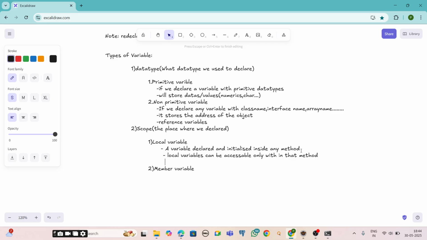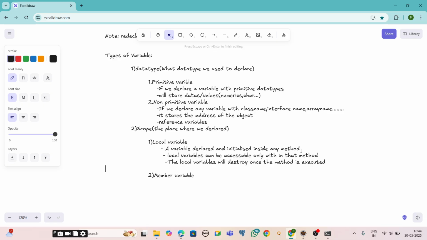That is the reason local variables are not accessible outside that method.